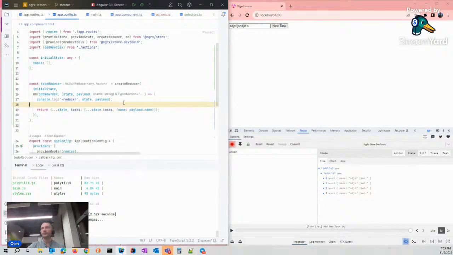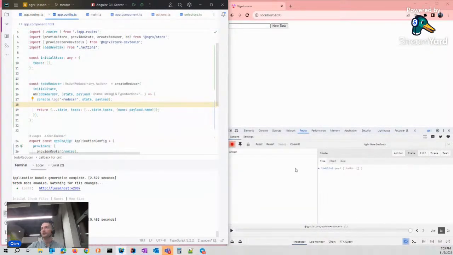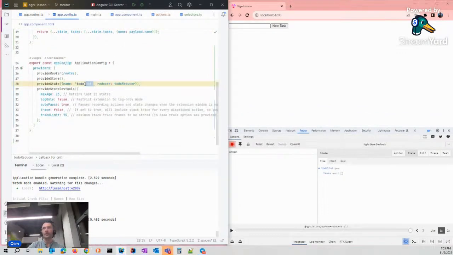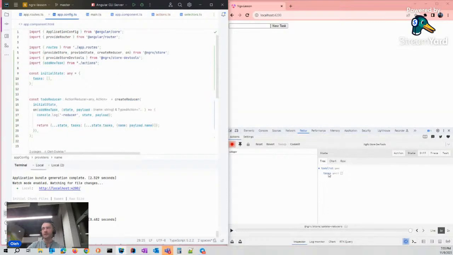Yeah. To-do list, the name of my state, my slice, and the tasks array that is empty for now, but I can add to it. Okay.